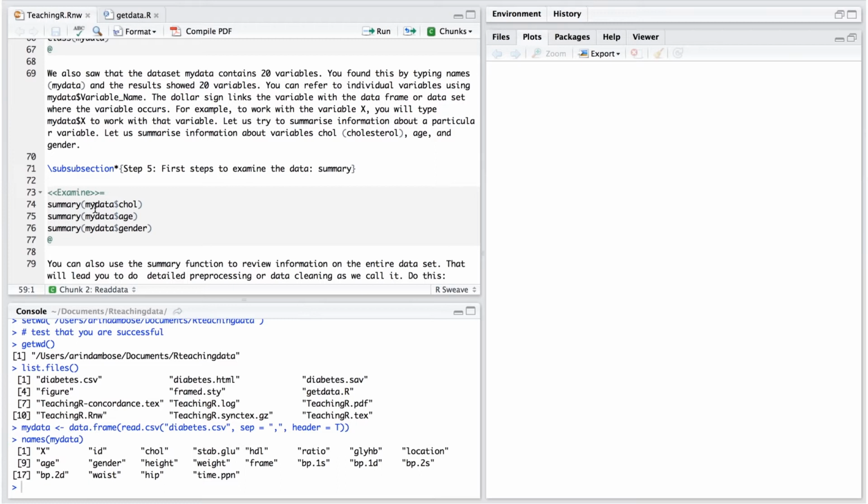In order to find an object which is nested within another object, we use an operator marked by the $ sign. The $ sign sits between the two object names, and therefore cholesterol, which is nested within the myData object, you can find by interposing a $ sign. So we say summary, and then we identify the particular variable that we want to work with, and we can add